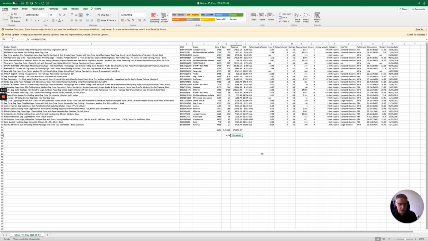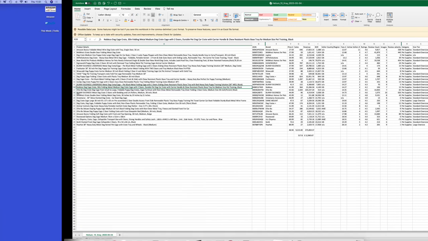And so we can say, right, well, the market's worth 12,000, and then the average price is about 46. So we can start to compare how we fit into the market and what's the size of the market. So if we had a product that was a particular niche product that was similar to one of the current products on the market, we can have a look and say, right, well, if we were to take this one, for example, which is a 30-inch folding metal medium crate,